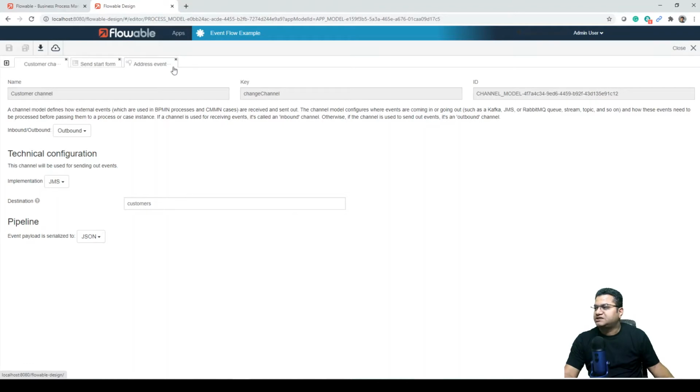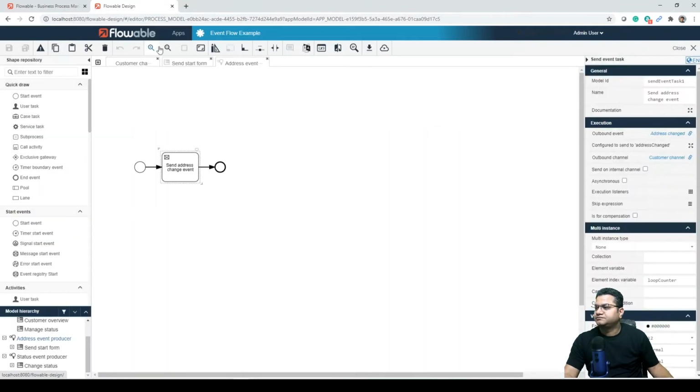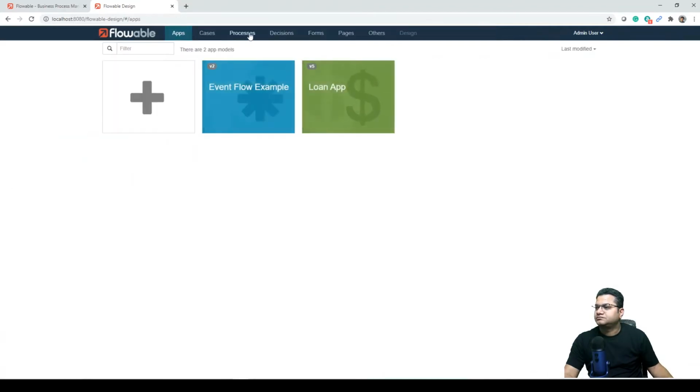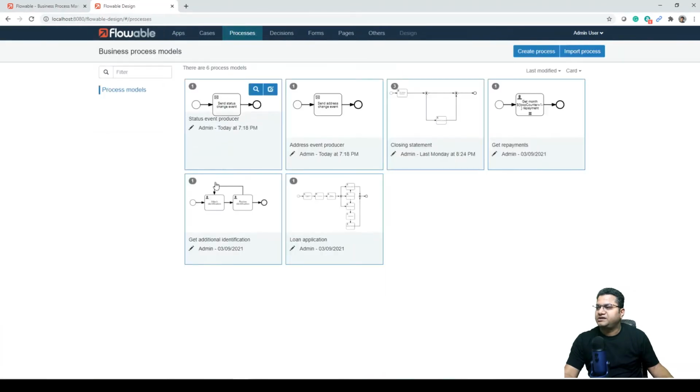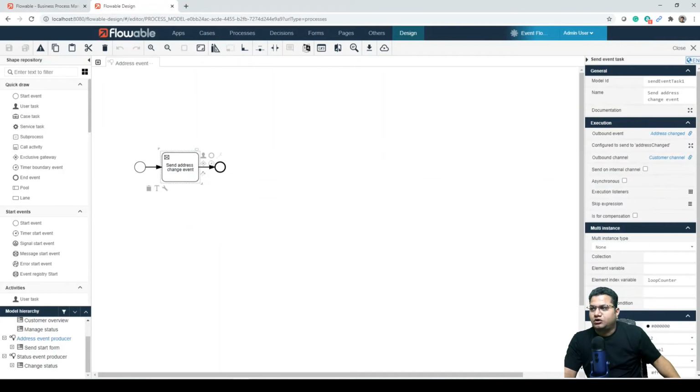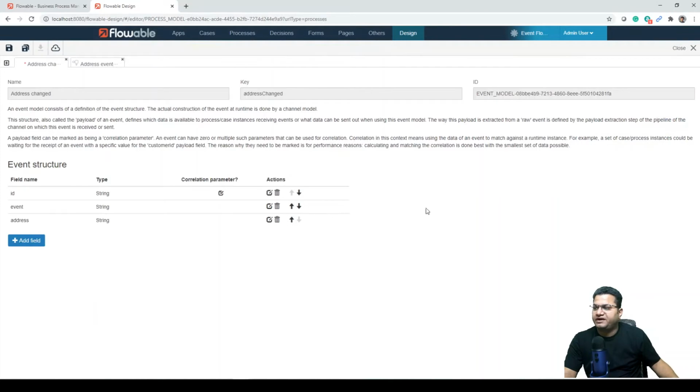So we are on the address event producer model. The second attribute, which is more important, is our address change event, the outbound event, address changed. When we open this, it will look like this form.